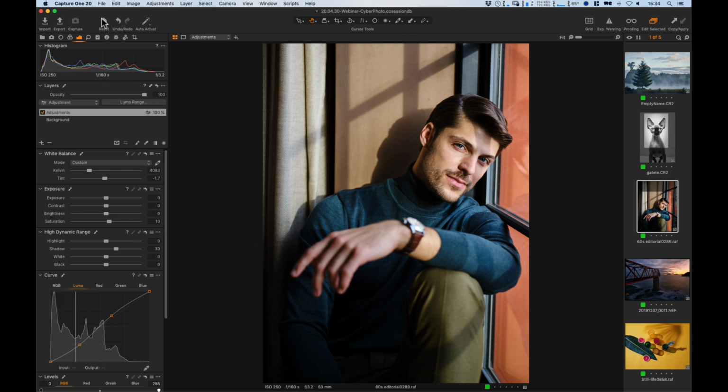So let's see the before and the after. And it's so much closer to what we want to do. Maybe it's just a bit too contrasted. Something like there. Let's see now. Okay. I think that this is so much closer to the look that we want to achieve,